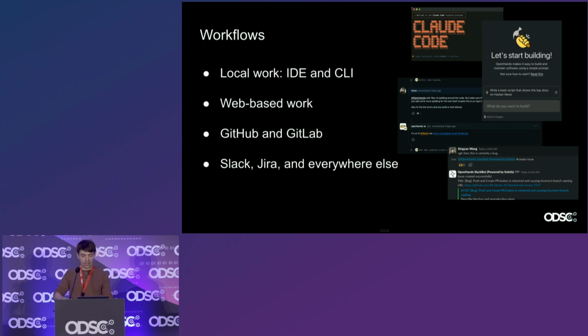So a Slack bot, really fun. If you've got a thread going about some bug that you've uncovered, you can just say, "@OpenHands, please take care of this bug." It'll pull in all that context. It'll find the right context in your code base and just start working.